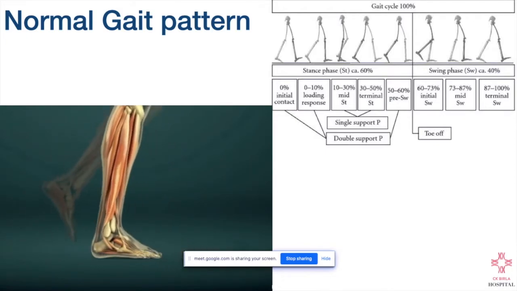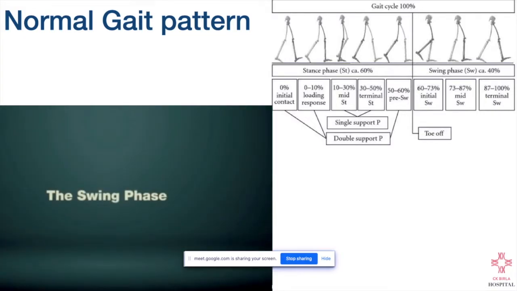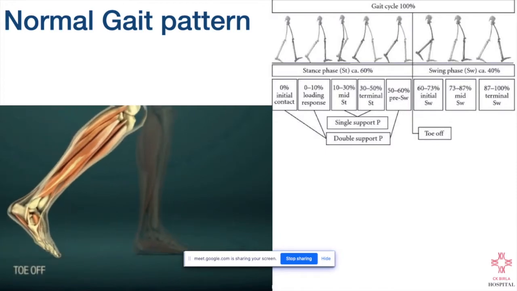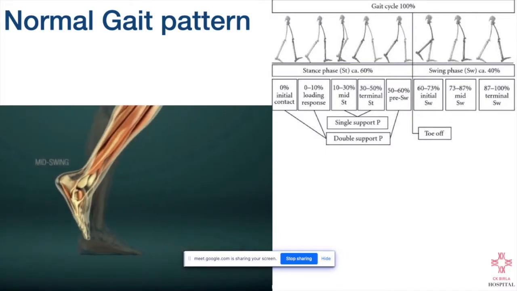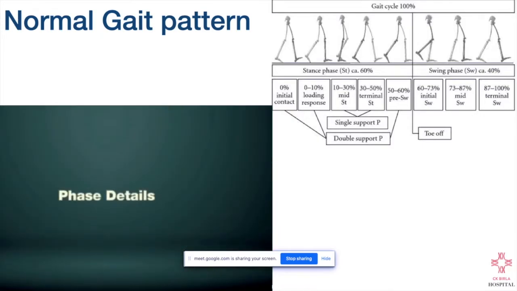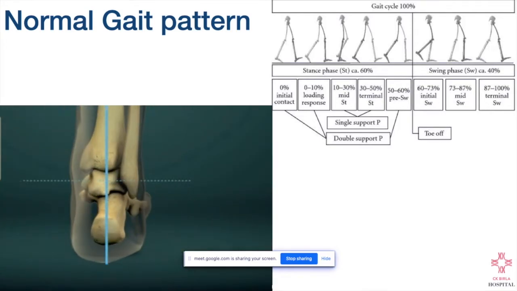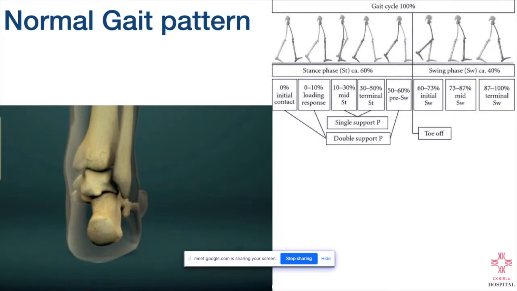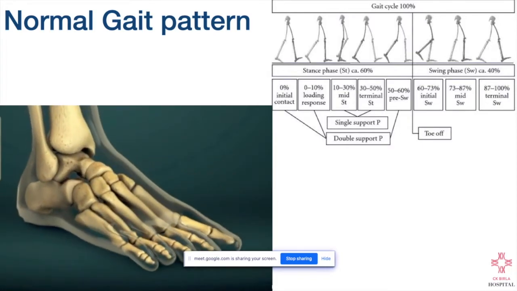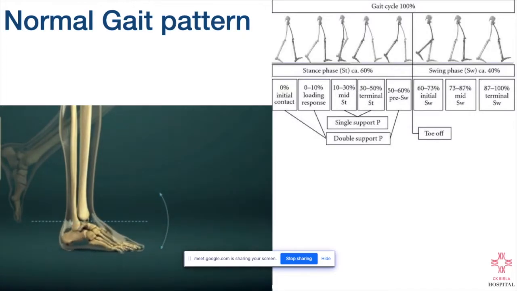and then goes into the foot flat or the loading response, then the mid stance, the terminal stance, and the pre-swing phase. The swing phase starts with the initial swing, the mid swing, and the terminal swing. This adult gait pattern usually sets in by 7 years of age, and any deviation or any pathology which affects any of these components, from the heel strike till the terminal swing phase, can affect the gait and lead to a limp.